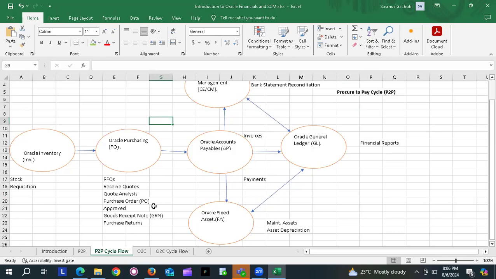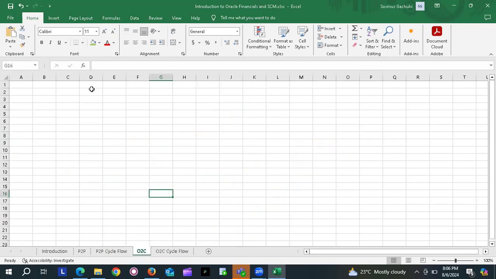today I want us to look at the process of order to cash. Order to cash is the process whereby we will see how a customer sends an order to an organization, and that order gets prepared until goods are shipped to the customer's premises or the customer's end. So I will have an illustration just like yesterday,